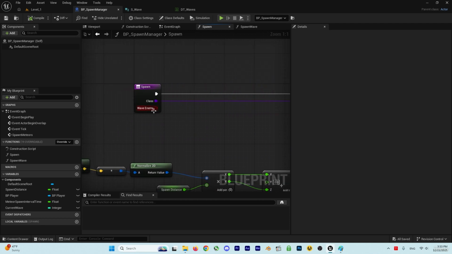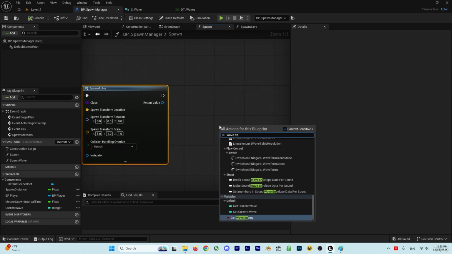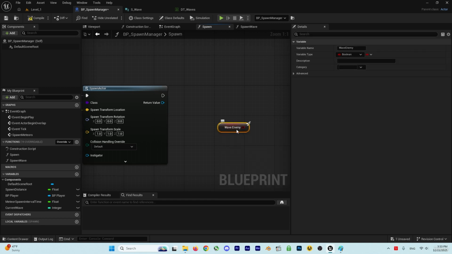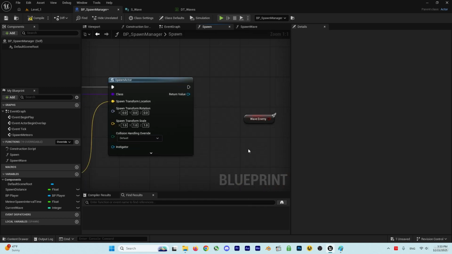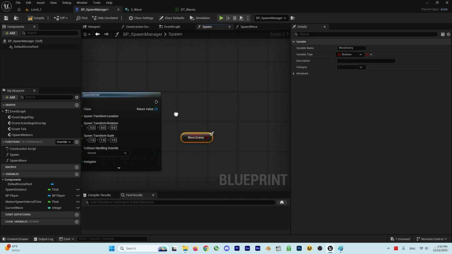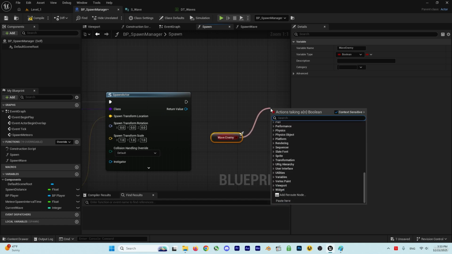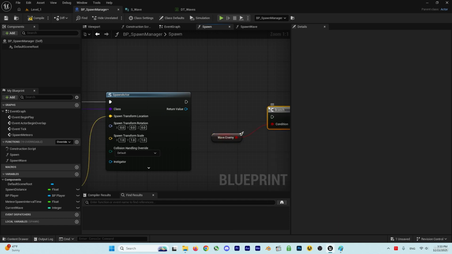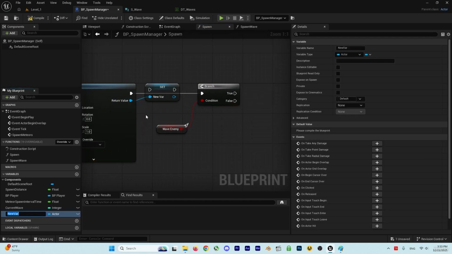So for doing that, I want to get this wave enemy input. I can just search for wave enemy in here, get the wave enemy, we get it from input, or we could just drag and drop it there, but this way it's much easier. After we create our enemy or our meteor or item, we can use a branch in here, right? And if it is a wave enemy, we want to save this inside a variable, like this, promoted to a variable, and I want to call it wave